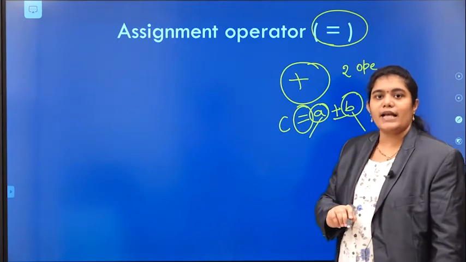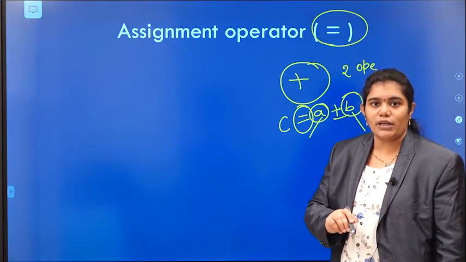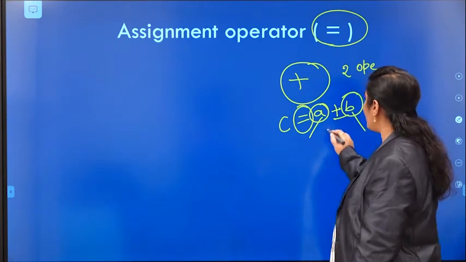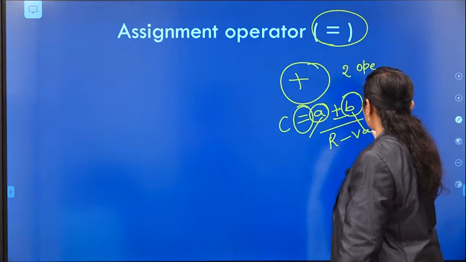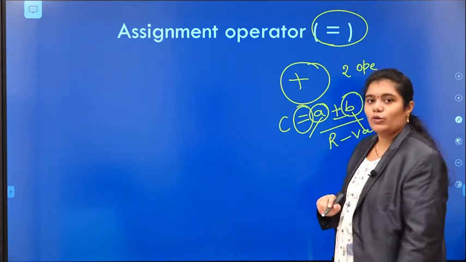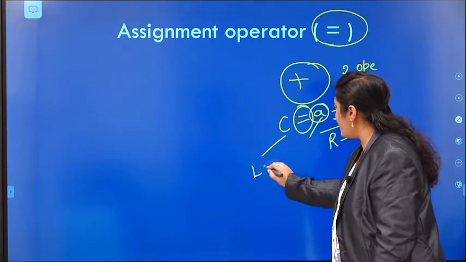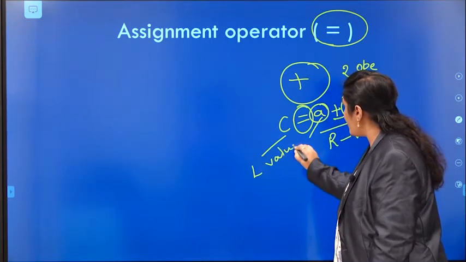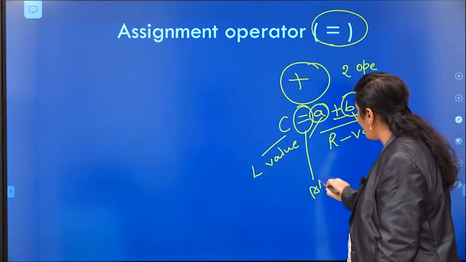With the help of the assignment operator only, you can hold your right value, which is called the R value, into this L value.